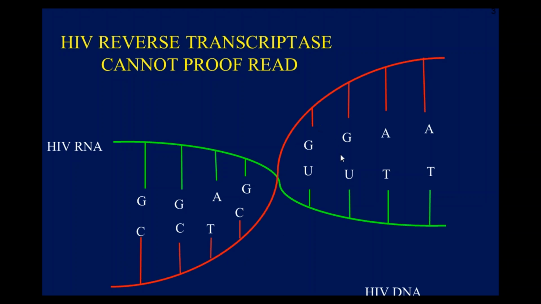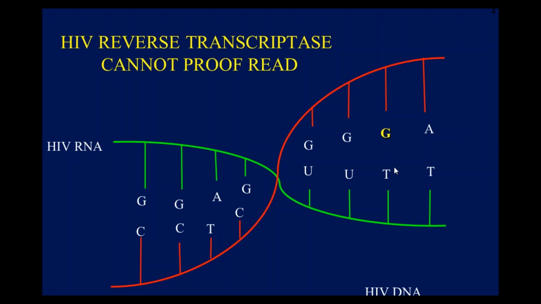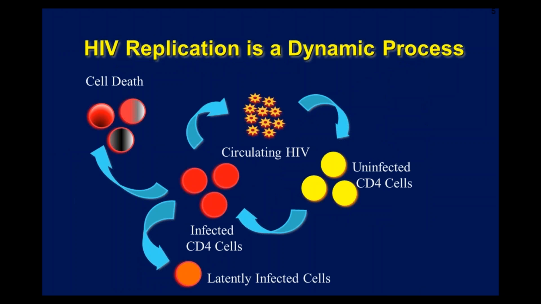So you have the complementary sequence on the other side, but what actually happens with HIV is it makes mistakes. So you see right here, this is a T, there should be an A there. And human DNA polymerases, when they make that mistake, they go, uh-oh, made a mistake, and go back, cut it out, and then put the right thing there. But here, you have a mutation that's occurred, and that has some really important implications for us,